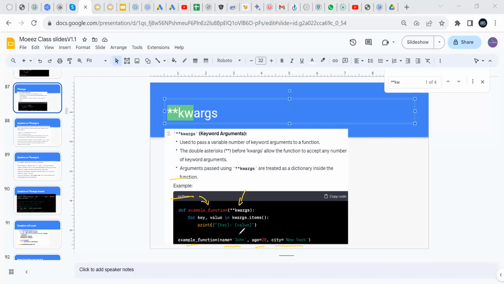And you don't need to care about how many parameters you give. You can give 10 parameters like this, it doesn't matter.